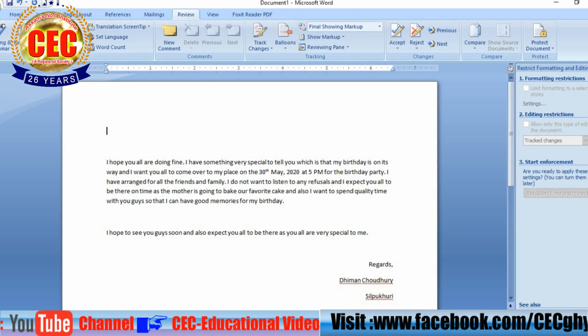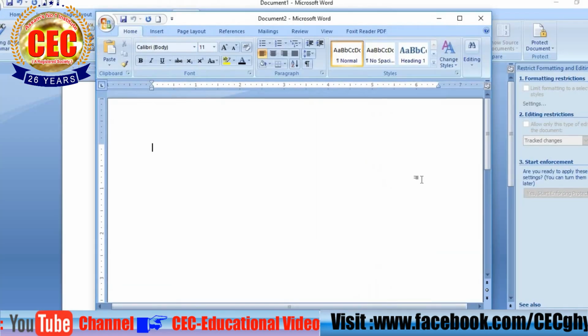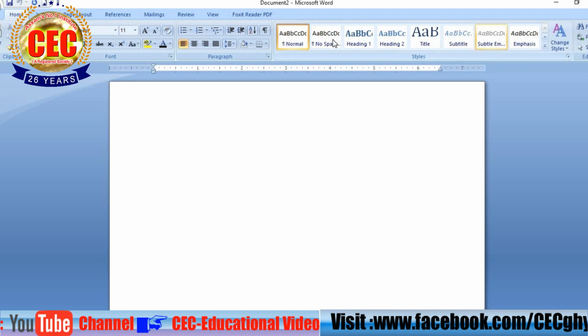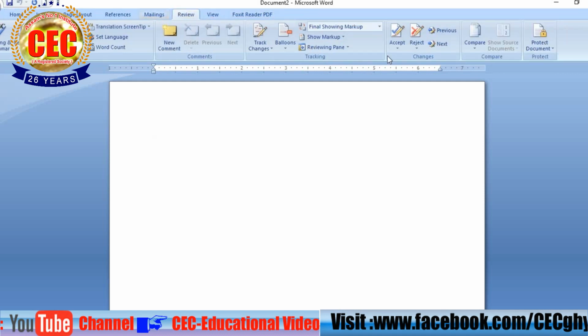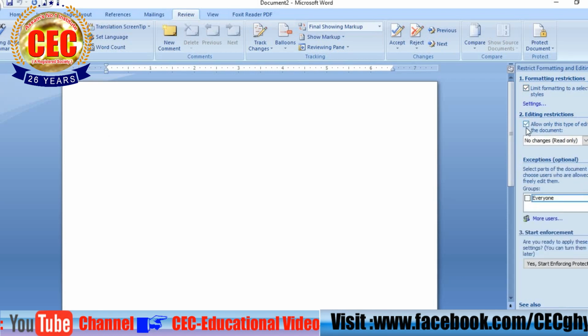So I take a new file, blank document. Go to protect document, restrict formatting and editing. See here formatting restriction. So tick on limit formatting. Editing restriction, tick on editing restriction. Start enforcement. So click on yes.